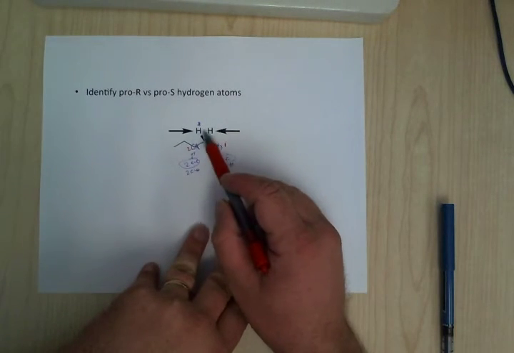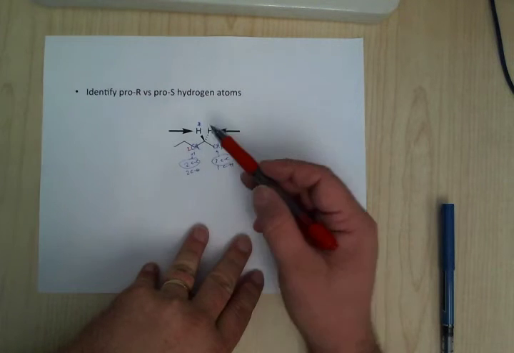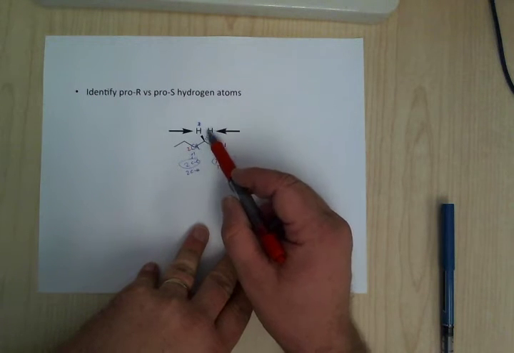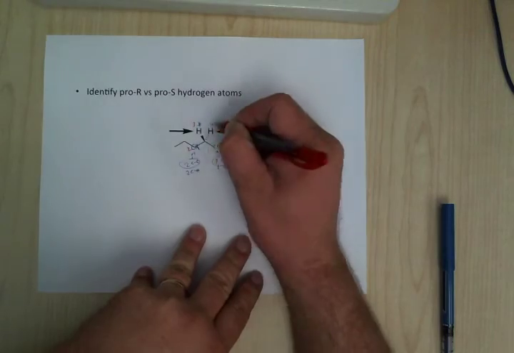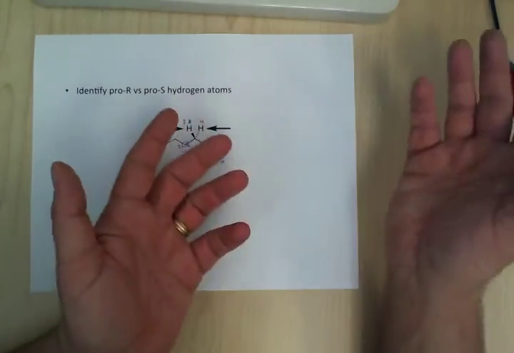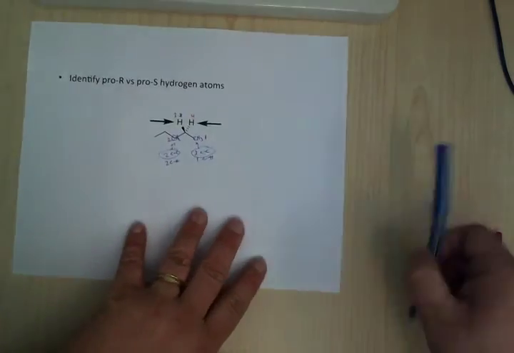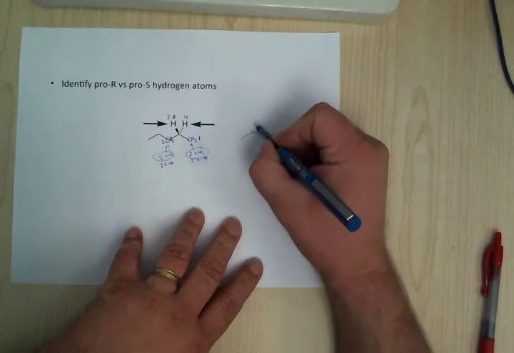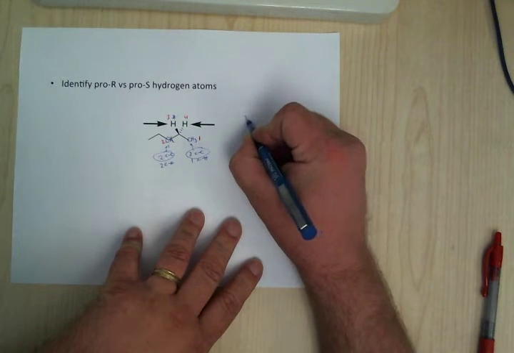Now we've got this dilemma of saying, well, these are both hydrogens, both the same. But let's say instead, let's make this one 3 and this one 4. You just pick one. Doesn't matter. Pick one. So that would make this carbon,